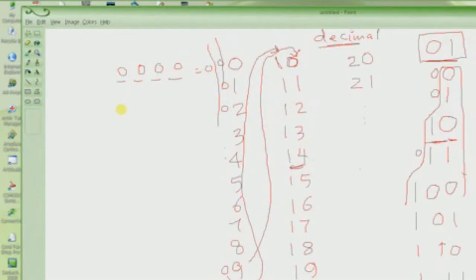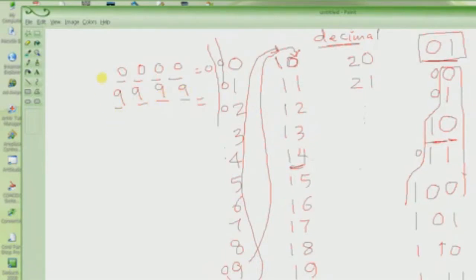And what's the largest number I can write in these 4 decimal places? It's 9 9 9 9, which is 9999. So in 4 decimal places, I can go from 0 all the way to